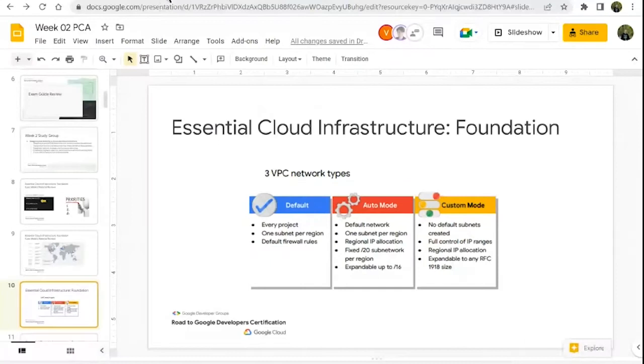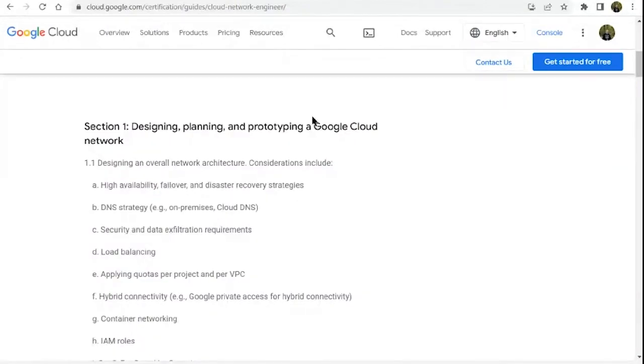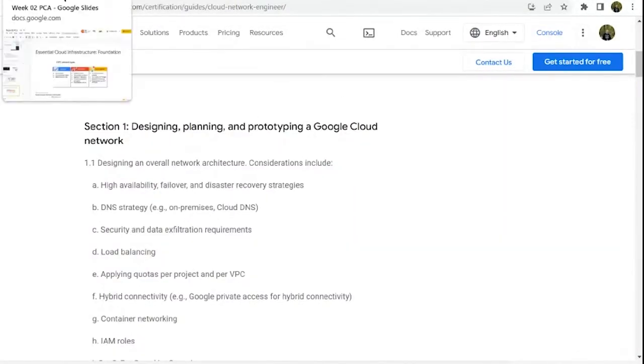First is either go through the professional cloud network engineer exam guide. So there are a lot of things to learn here. Or if you want to start and learn network from scratch, if, I don't know, for example, you don't know